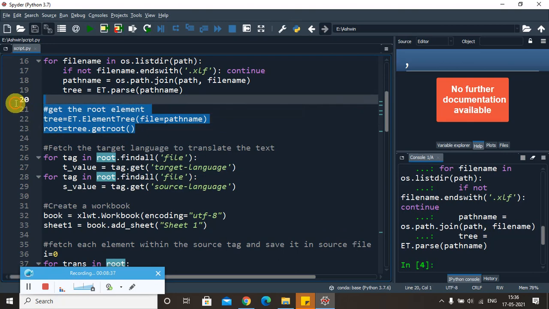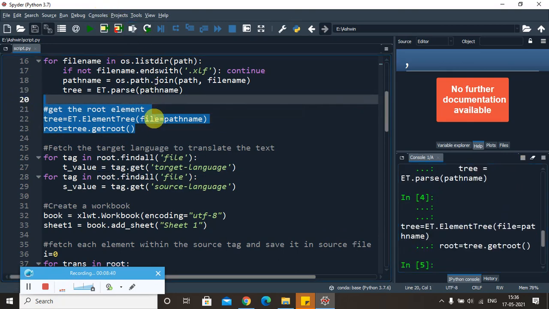This is used to get the root element. Once I get the root element, it is very clear that I can easily identify where actually the source tag, target tag, or trans-unit is. There are header, body, and so many other tags which are embedded within the root, so it will be easy for anybody to track the tags inside that. Okay, for that we have done this job.